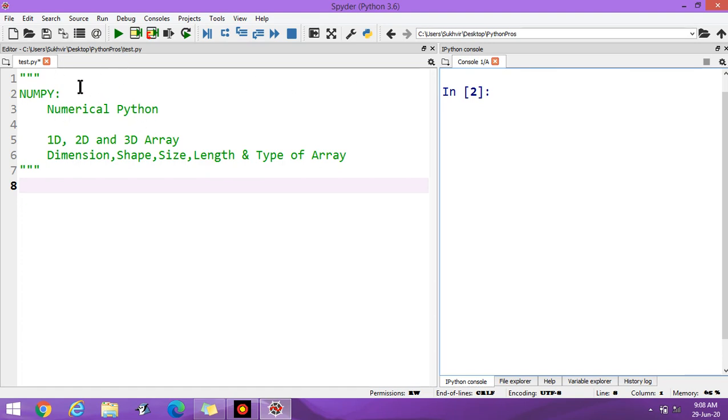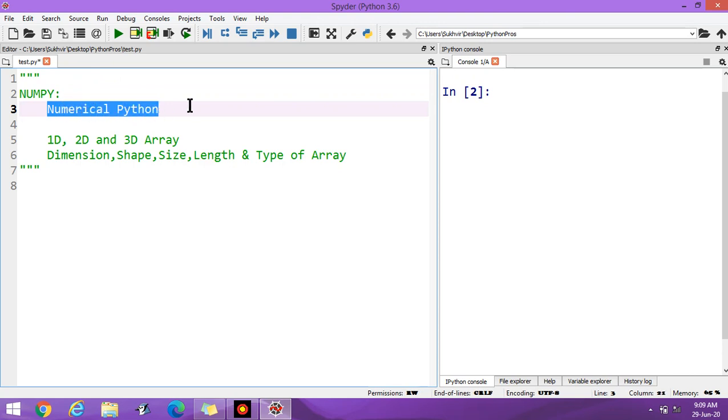Let us start with today's topic of Python. Today I am going to discuss NumPy. NumPy is basically one package defined inside Python. It's Numerical Python, which is the full form of NumPy.